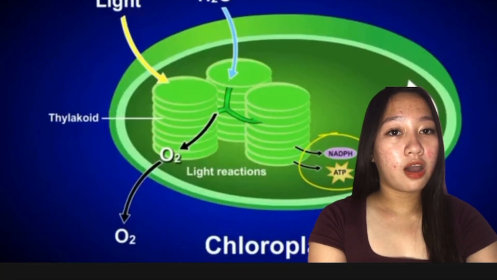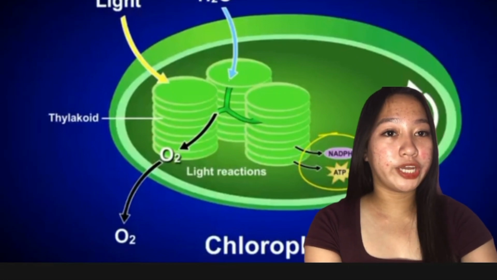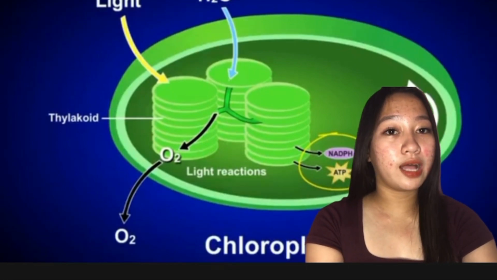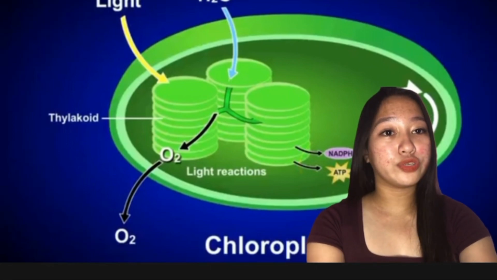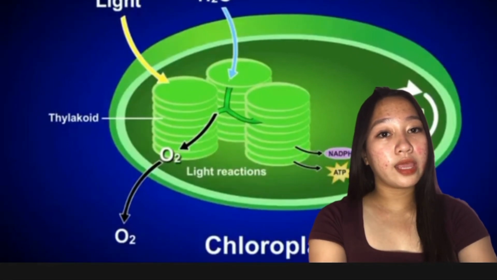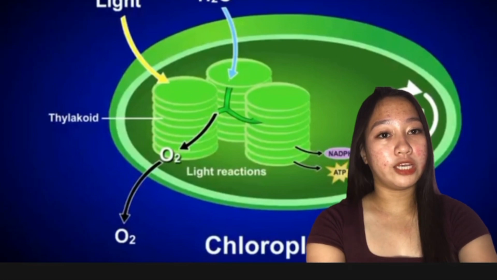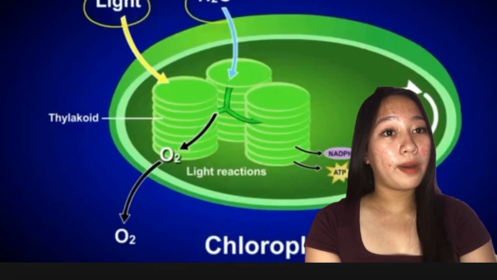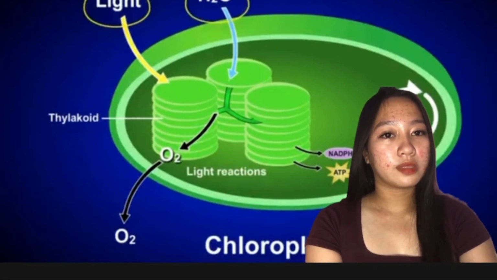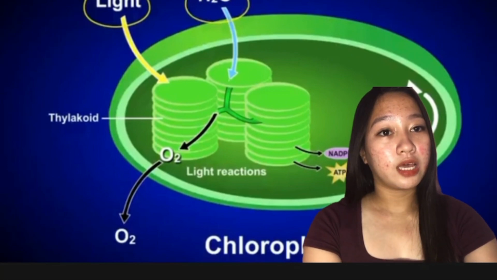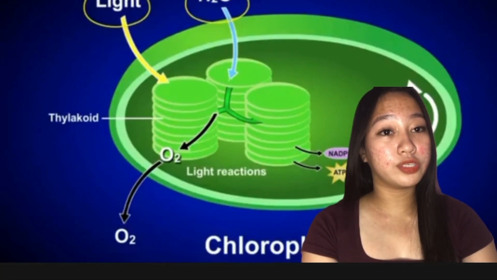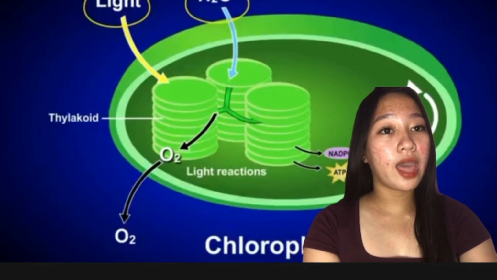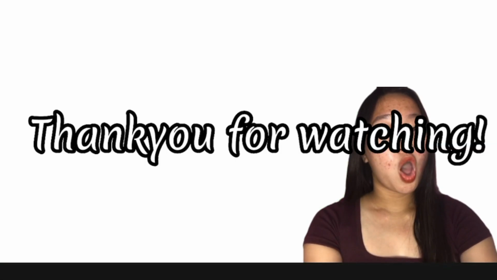At the end of this electron transport chain, the energized electrons and a hydrogen ion are used to reduce NADP+ to NADPH. Let's zoom back out to review. The light reactions use light energy and water to produce ATP and NADPH. Oxygen gas